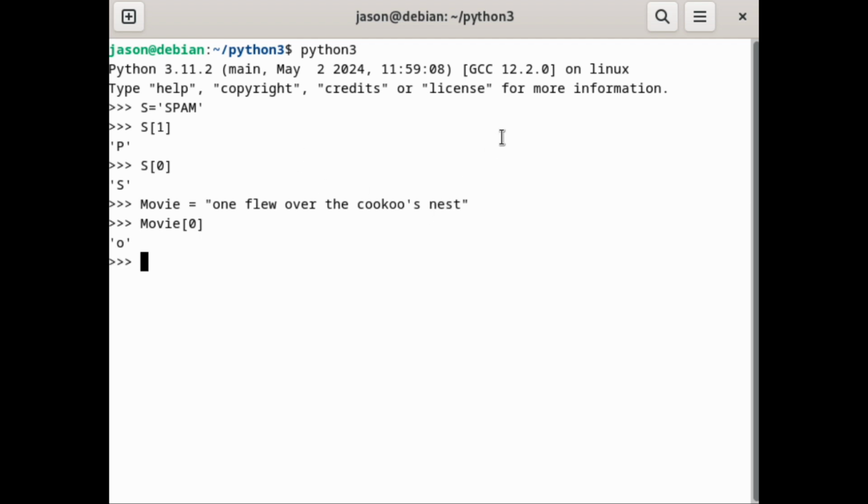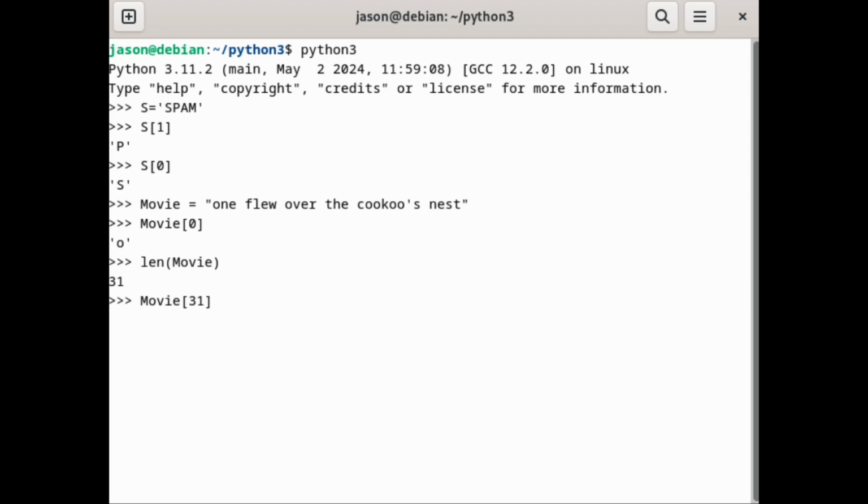Now, another built-in function in this is the len function. So we can say len movie, how many characters in all is this movie, and that is 31. Now, if we wanted to list the very last character, which is T, I bet some of you would say we would do movie and then index 31, because it is 31 characters long.